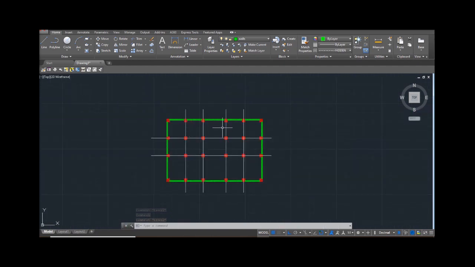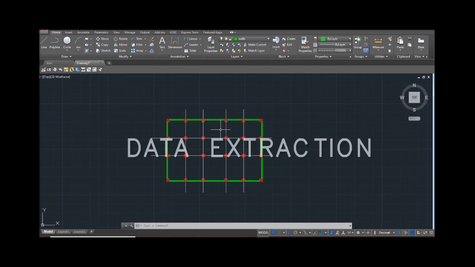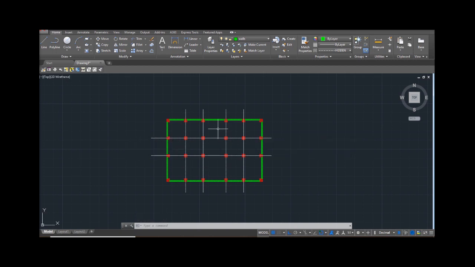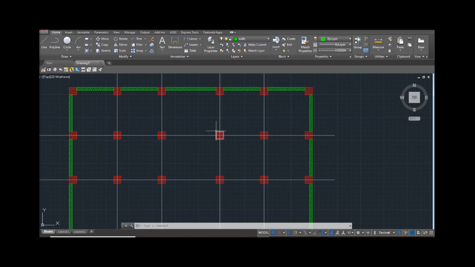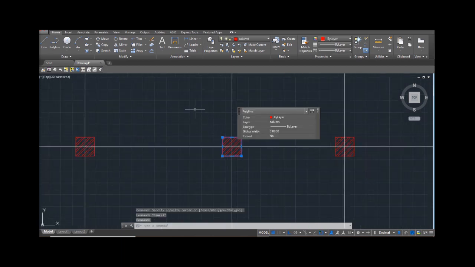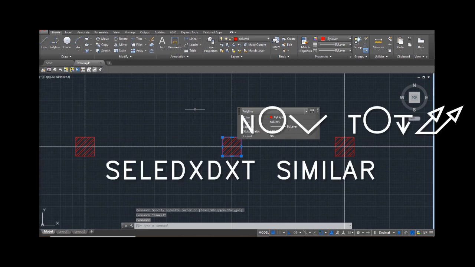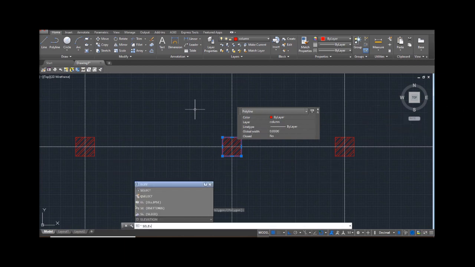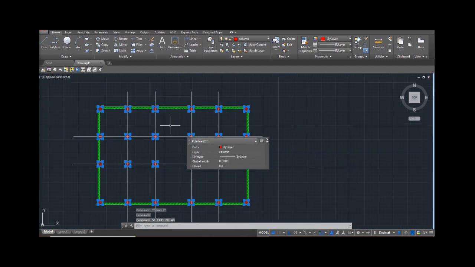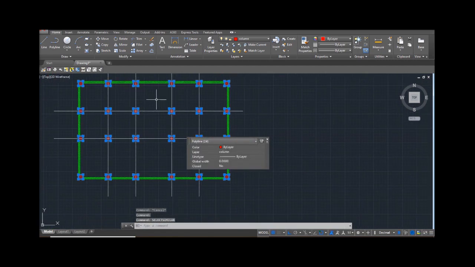The next step is you have to go for the data extraction command. First I will move upside and select this column. Then there's a command called select similar. Click on this, then it will select only the column portion.